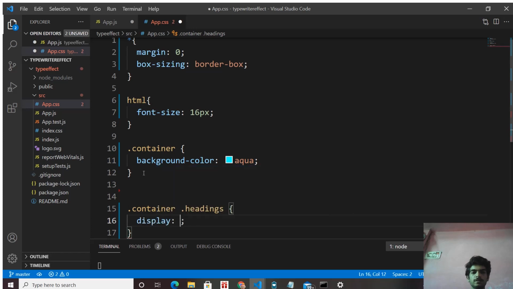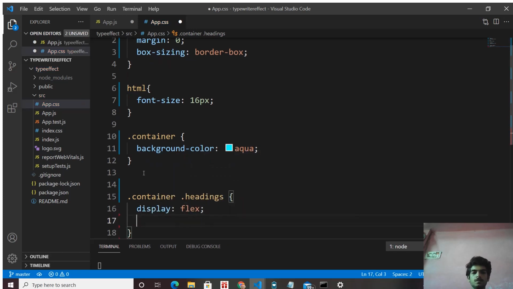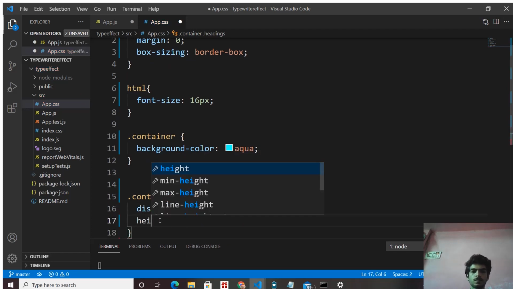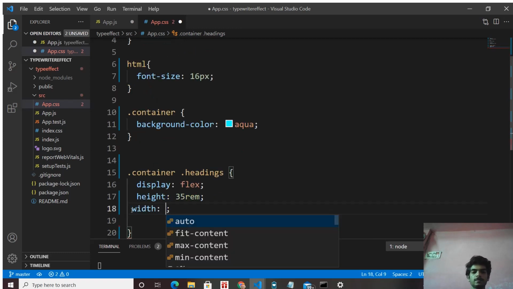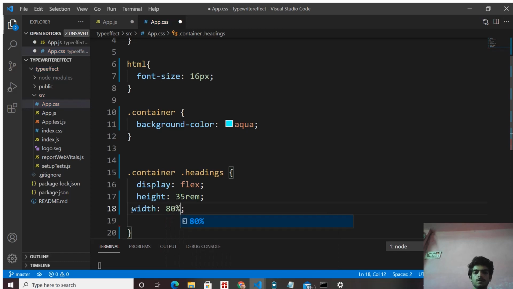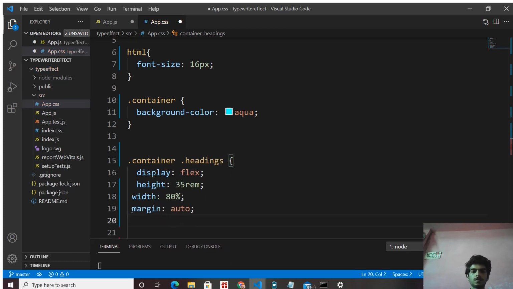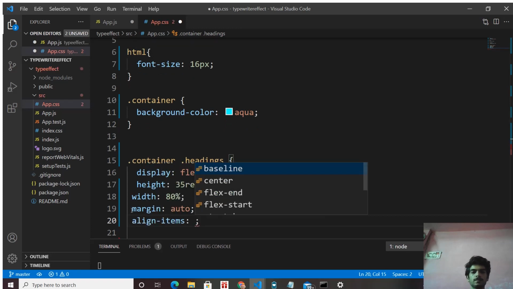Give display flex, height 35rem, width 80%, and margin auto. Align items center.